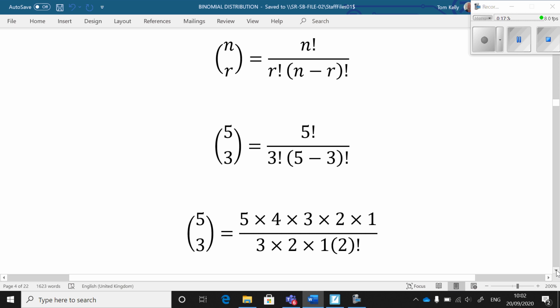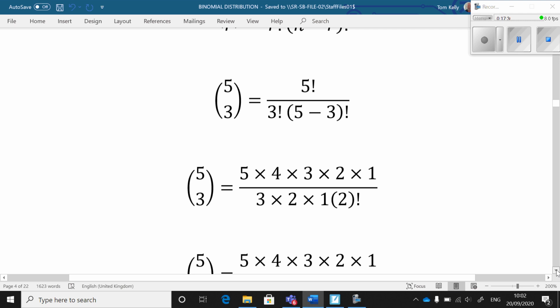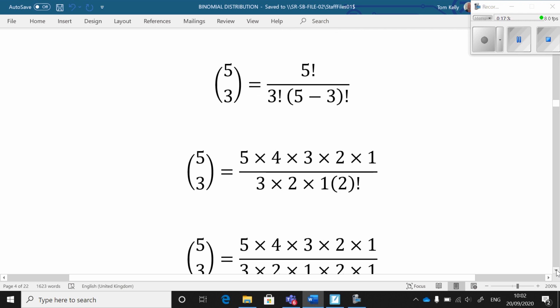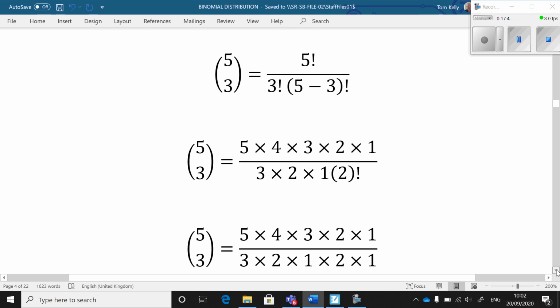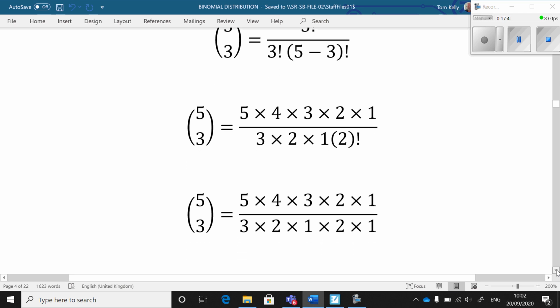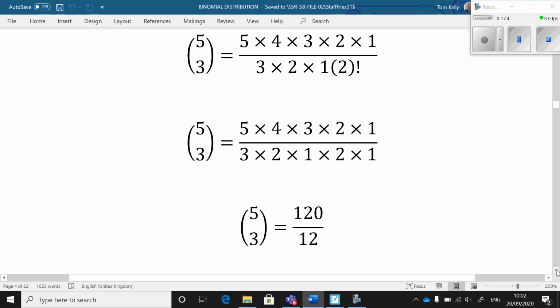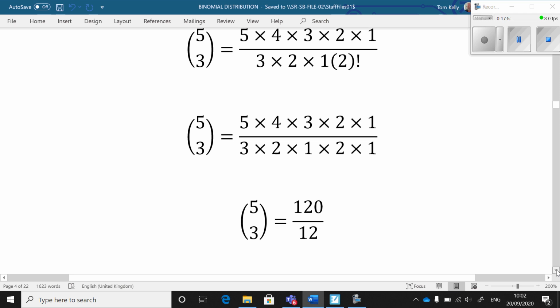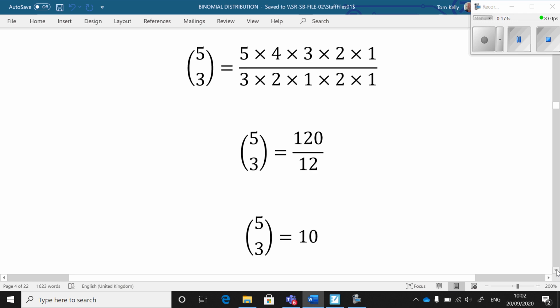before. So 5 times 4 times 3 times 2 times 1. Got that. On the bottom, I'll get 3 times 2 times 1 for the first part. 5 take away 3 in the bracket in the bottom is 2. So I'll get rid of all the brackets here. Just multiply them out and hopefully get 120 over 12. That looks nice to me. 120 over 12 is exactly 10. So if you follow those steps using the calculator,